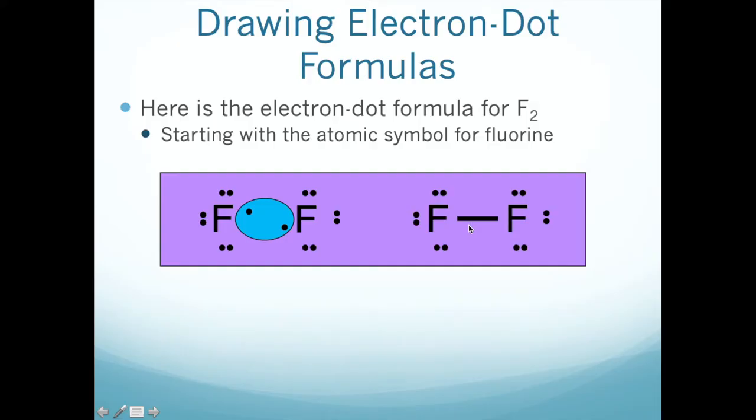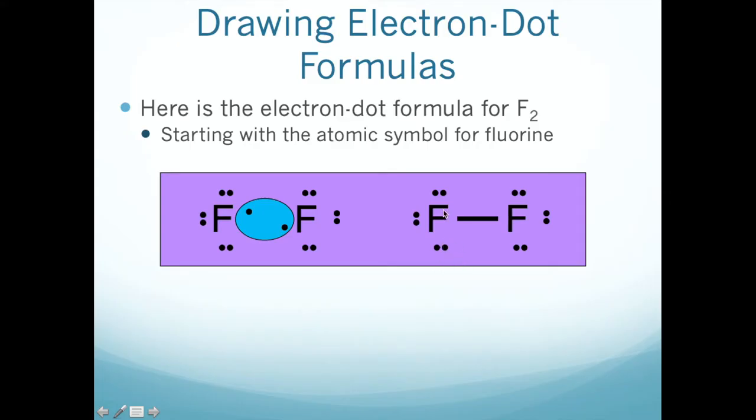If you go back a few slides, you may recall pictures of fluorine, oxygen, and nitrogen molecules where we just showed the shared electrons as dots. You might see Lewis structures drawn that way. I find that typically people find those a little bit more confusing, just because it's sometimes hard to distinguish between those and lone pairs. They all look very similar. So personally, I prefer drawing Lewis structures with a line representing that covalent bond. It's a little bit easier to see which electrons are being shared versus which electrons are lone pairs belonging